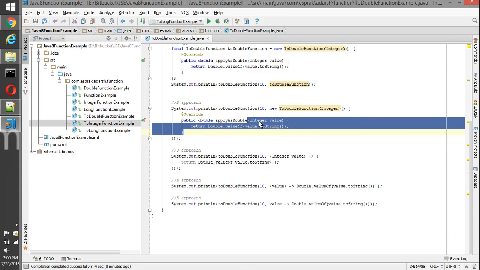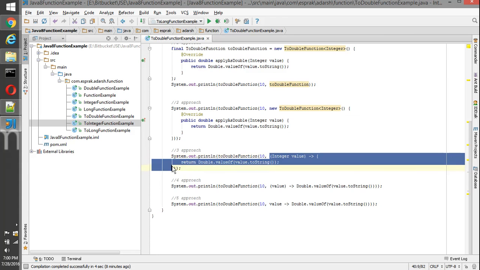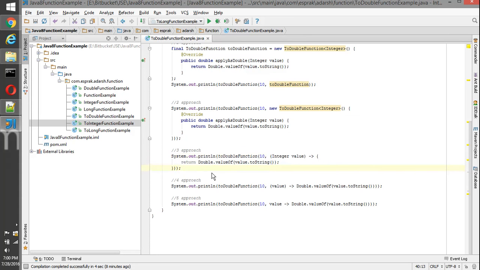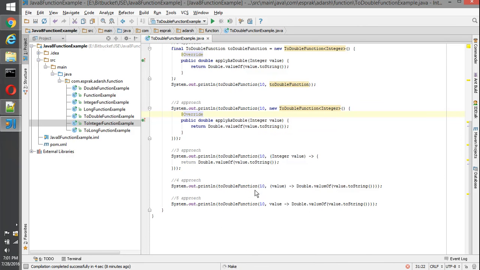So we have copied this piece of code and provided it as a lambda expression as an input to the method. Then we optimize further by removing the data type, return statement, curly braces and semicolon. Since this is a single input, we can also remove the braces, and this becomes the most optimized lambda expression for us.